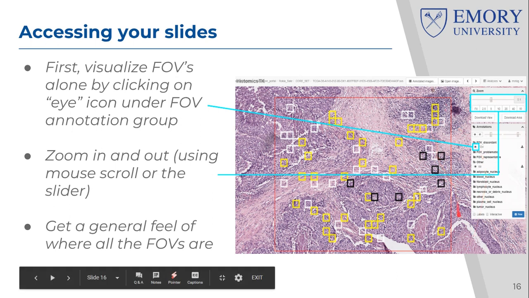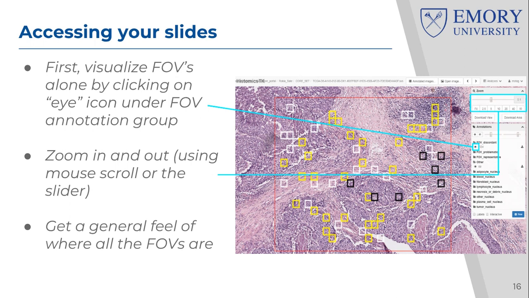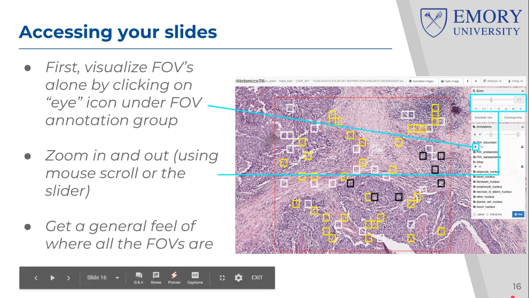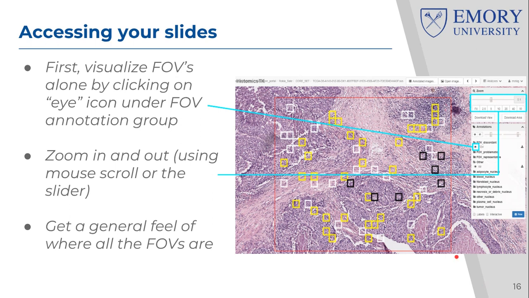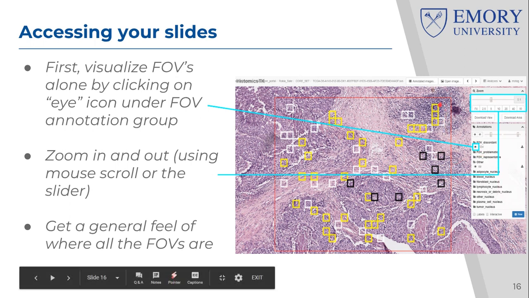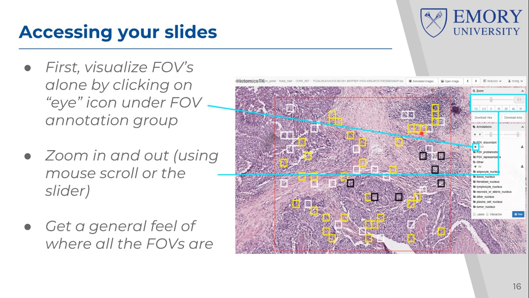Sometimes the computer annotations are very correct, so you barely have to do any work. But it really depends. This is going to take a little bit of time, which is why you only have to do 5 slides in the core set. So if it takes you even 2 days per slide in the core set, that's just 10 days of work to finish your core set. And then for the evaluation set, you only have 6 of these squares per slide, so it's like nothing. So for the core set, don't feel overwhelmed by the number of FOVs, because you only have a limited number of slides that you need to do.